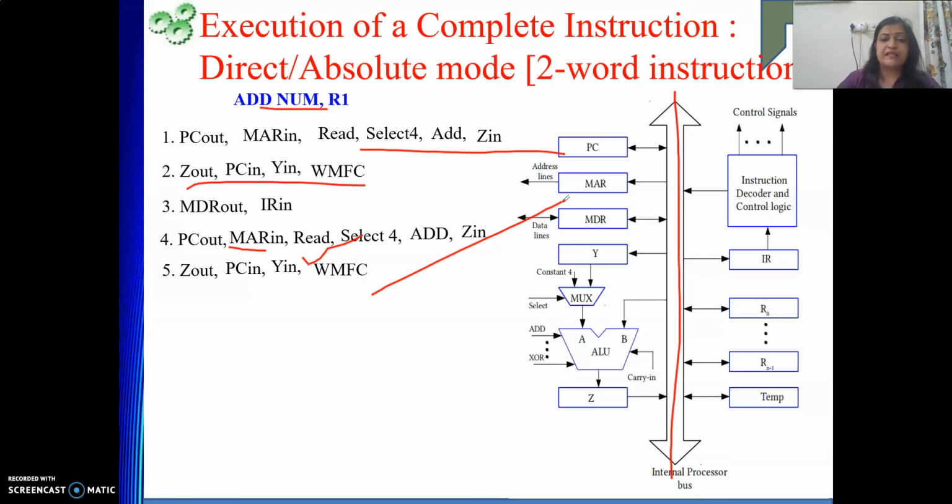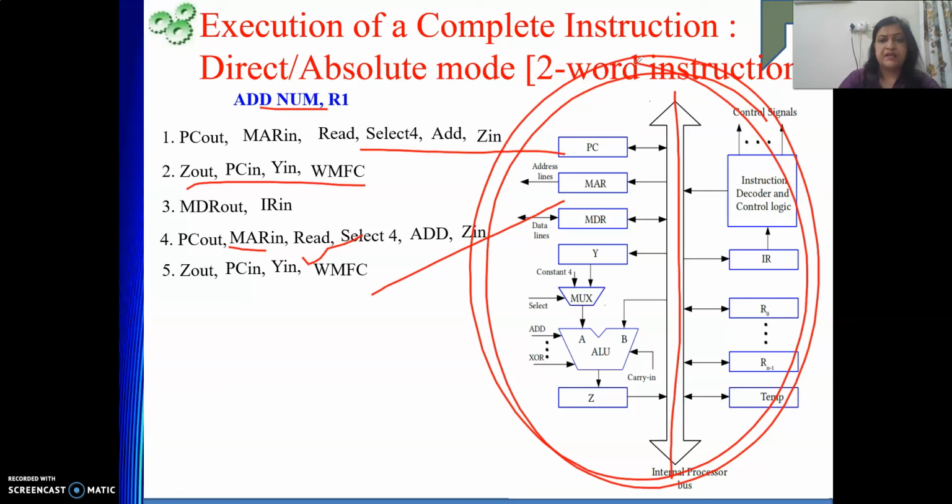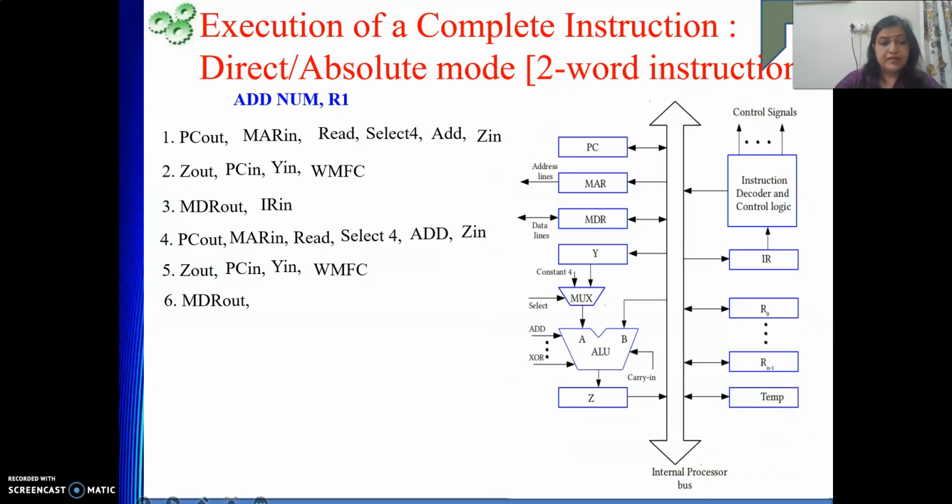Why am I doing it like this? Because of this diagram, because of this particular architecture, right? If the architecture changes, my control signals will also change, right? So with this underlying diagram in our mind, we are writing these control signals. So done. And then after this particular memory operation is over, means MFC is received from memory, then something will